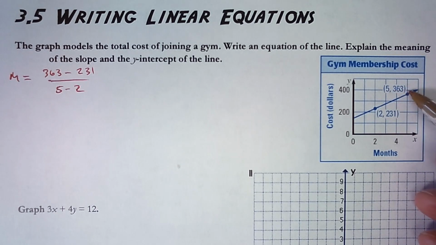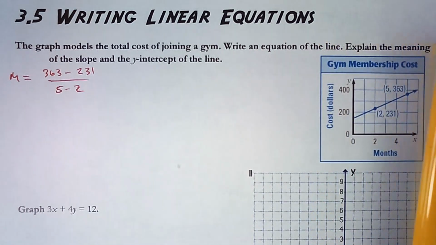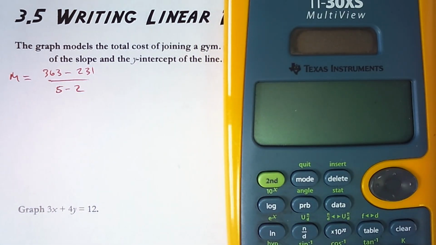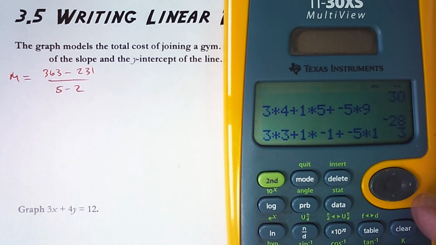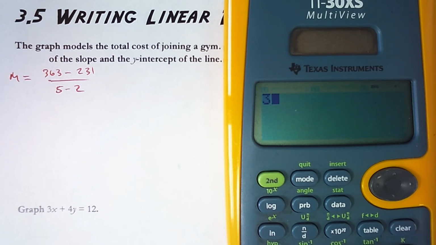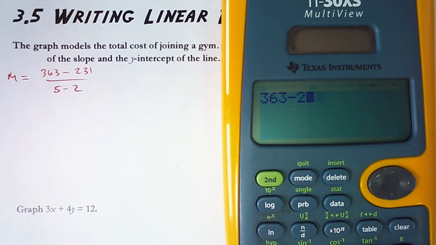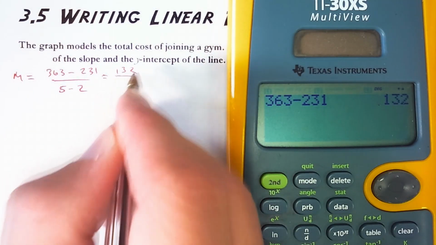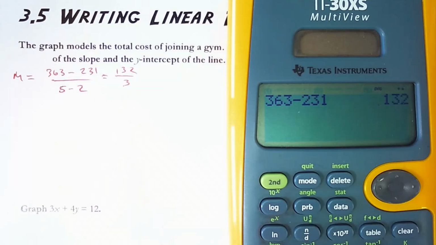After 5 months, you've spent $363. Okay, so we're going to find a slope, and that's going to help us calculate the monthly cost of this gym. Okay, so the slope is 363 minus 231, which is 132, over 5 minus 2, which is 3,